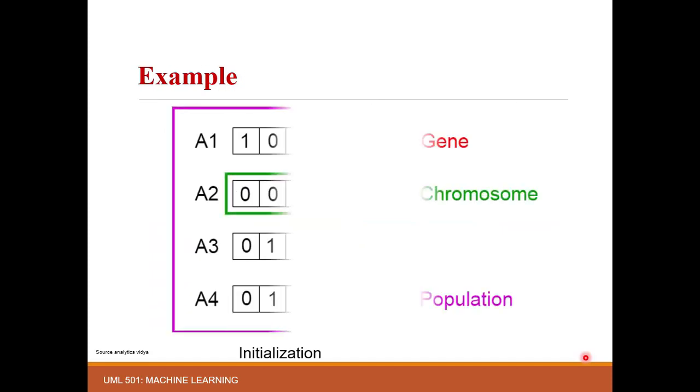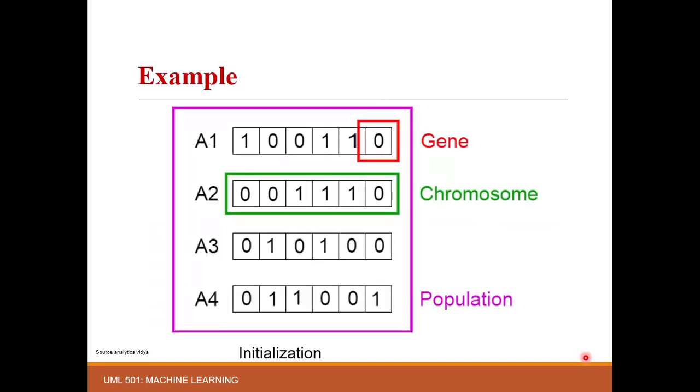First of all, you have to initialize your population. Here I have taken 4 chromosomes, or 4 individuals, or 4 solutions to my problem of maximizing my survival points. Here, 1 represents that I have taken the item corresponding to serial number 1, and 0 represents that I have not taken the item corresponding to serial number 2. Let us go to the previous slide.